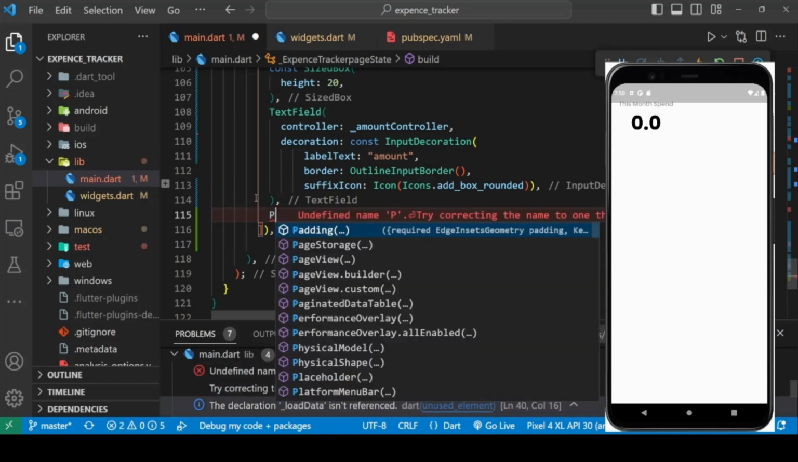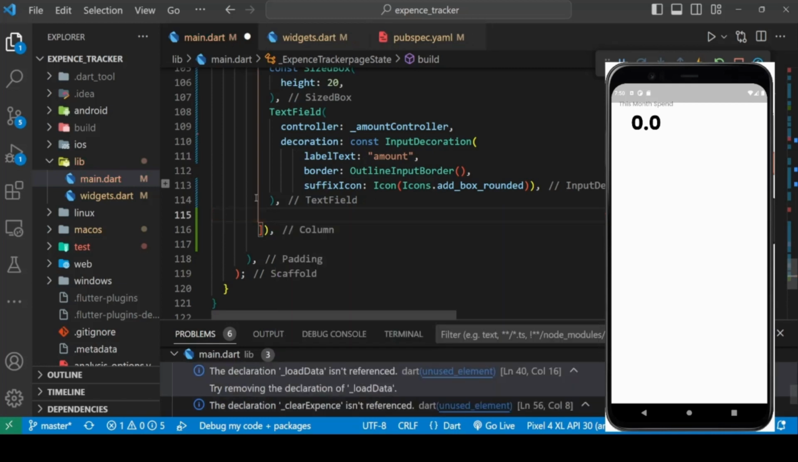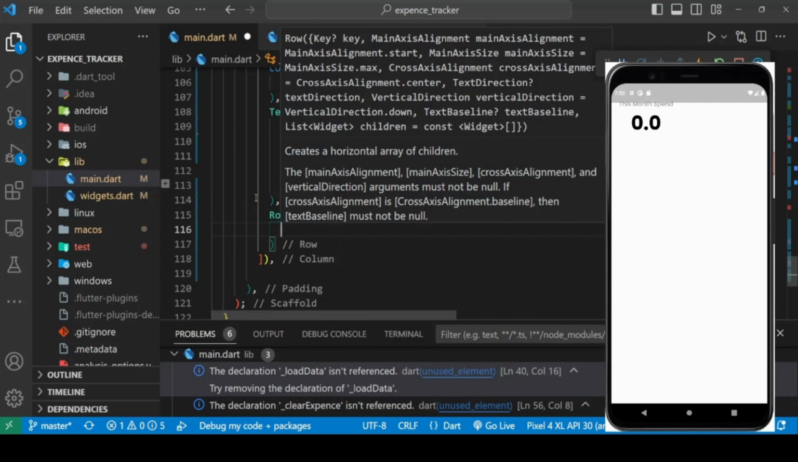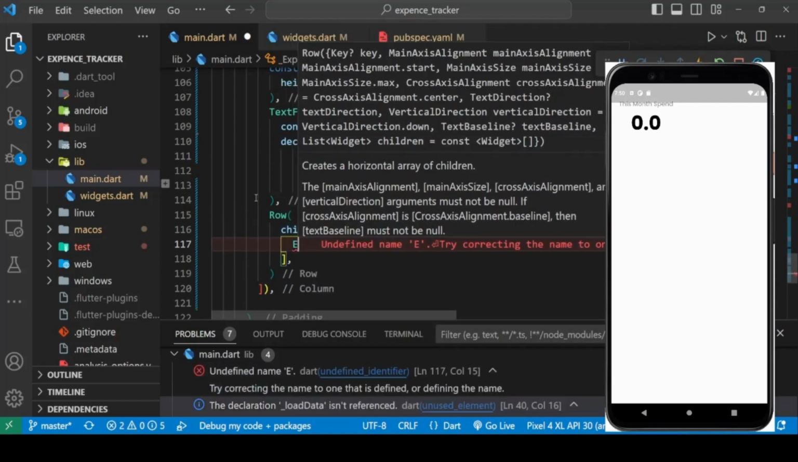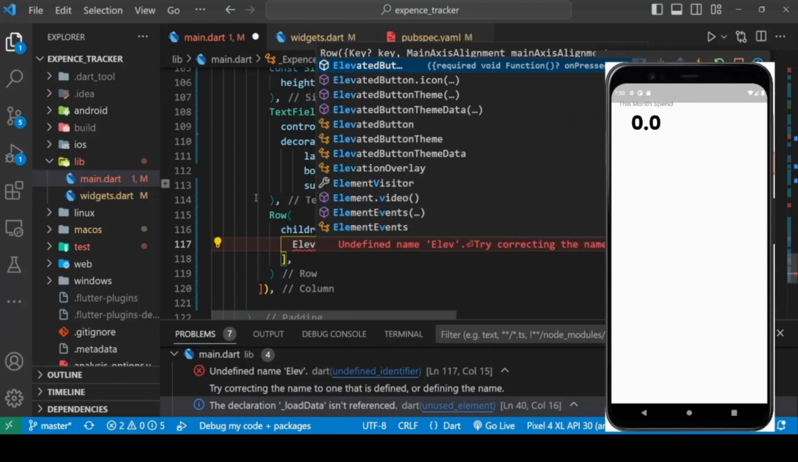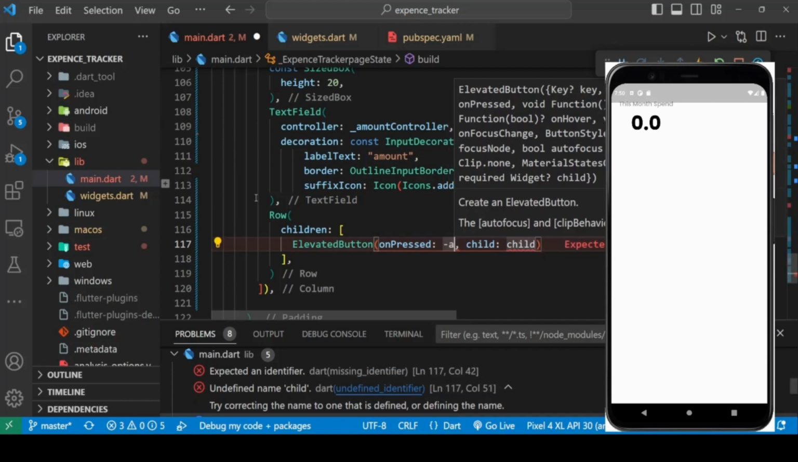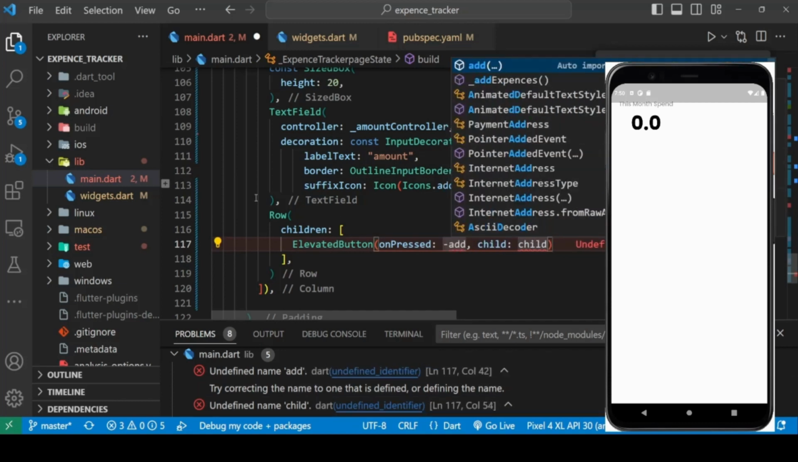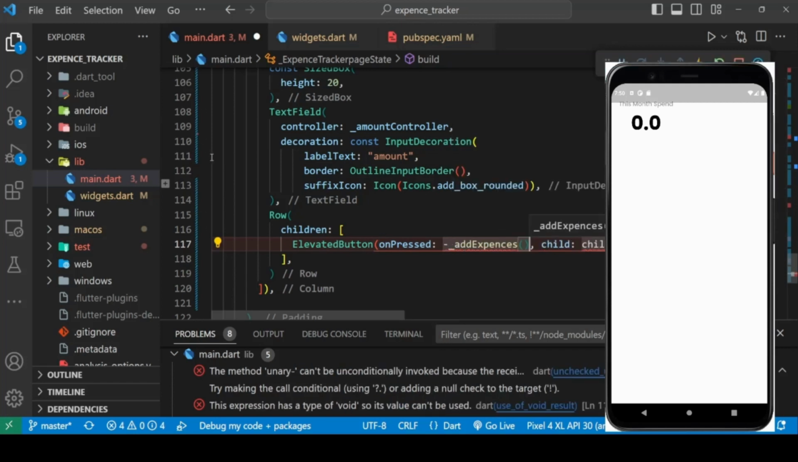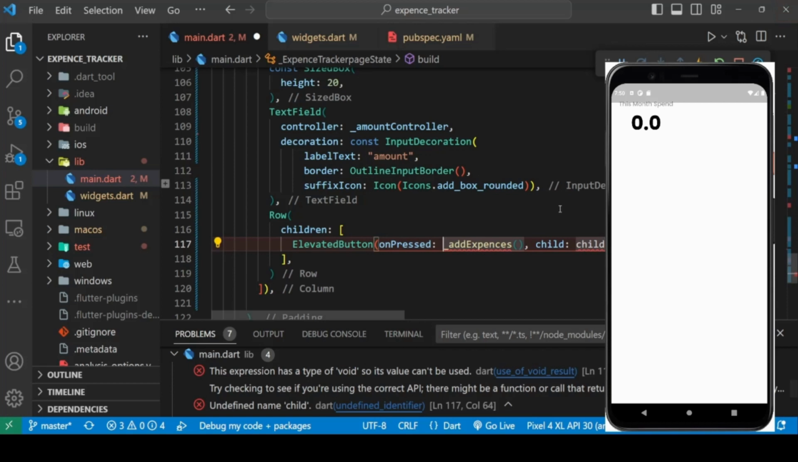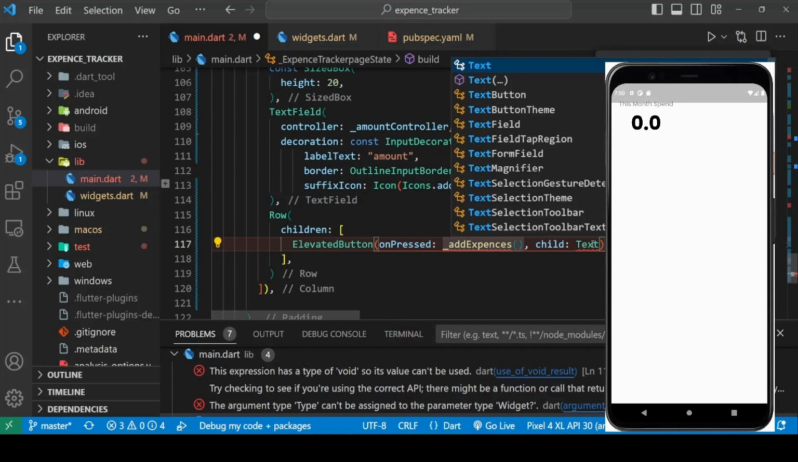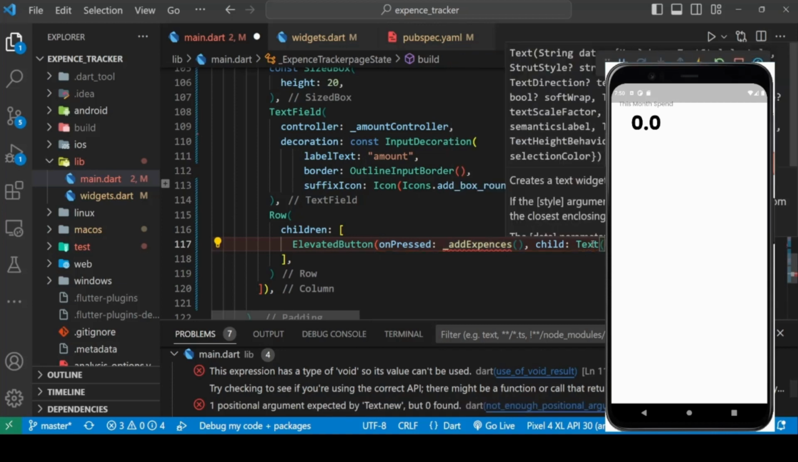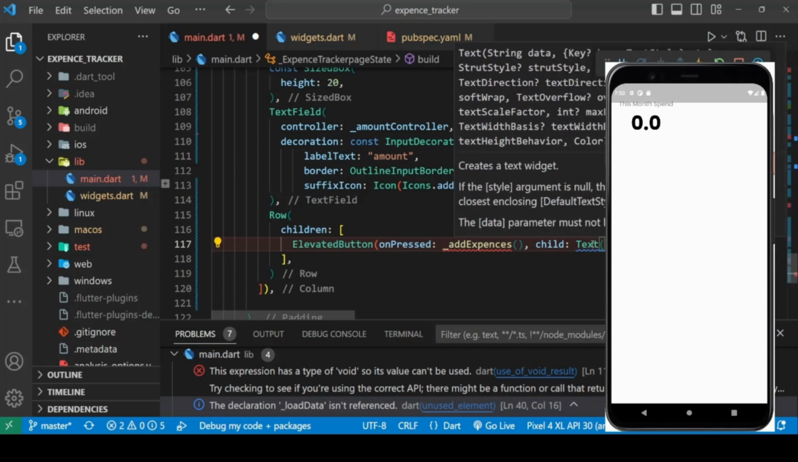deleting, for calling the function, for which I'm calling the row, and inside row calling the children, and I'm calling the widget elevated button, which on pressed calls a function add expenses, and the child is the text, which is add expenses, add expense, and similarly